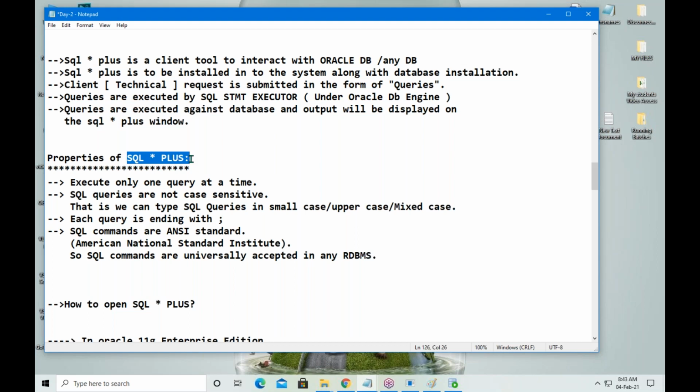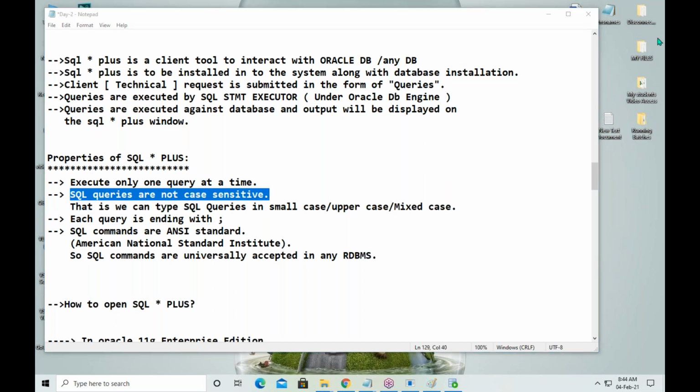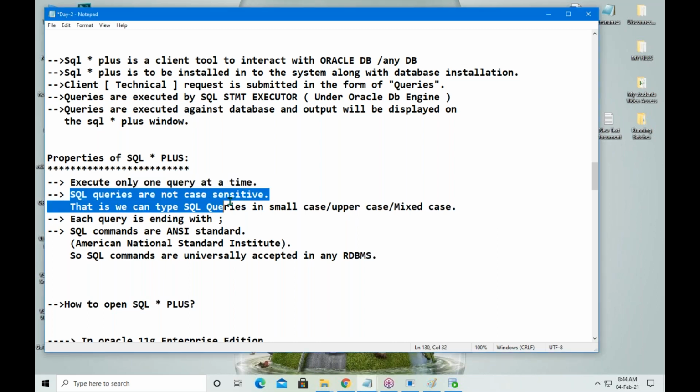And SQL queries are not case sensitive. Not case sensitive means you can write queries in uppercase, lowercase, or mixed case, no problem. All queries are valid.